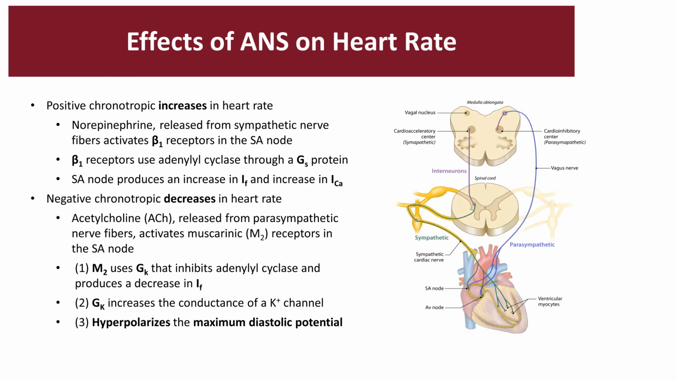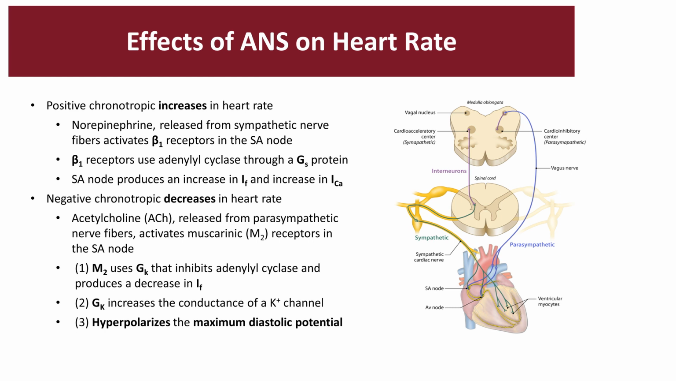Effects of the autonomic nervous system on the heart rate. Factors that alter the heart rate are referred to as chronotropic agents. Some of these agents can increase the heart rate, and these are what we call positive chronotropic, and some of these can decrease the heart rate, what we call negative. Changes to the heart rate are directly due to the ability of acting upon the SA node and the AV